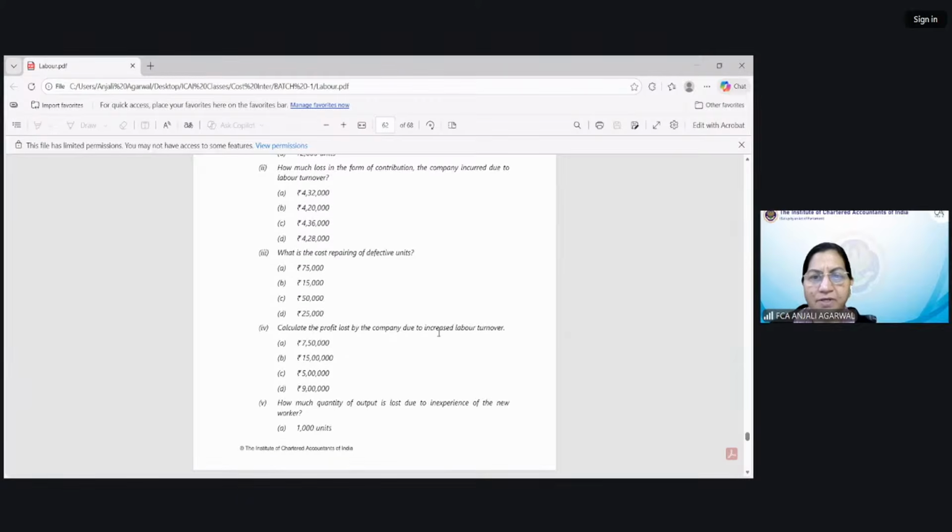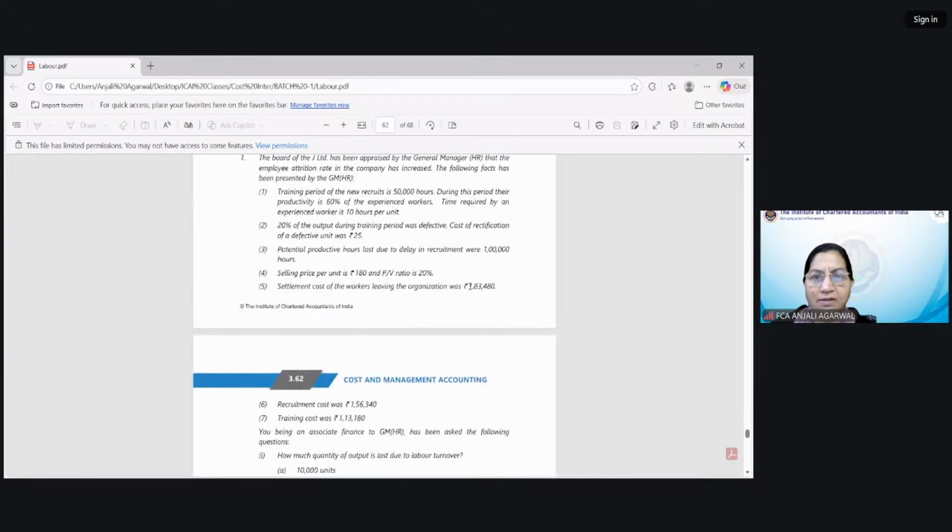Profit lost by the company due to increased labor turnover. So 432 is this, plus another 15,000 due to repairing the defective units. So this makes it 447. And apart from 447, you will add all the three costs to this. So 4,47,000 profit foregone plus cost in rectifying plus settlement cost of 183,480